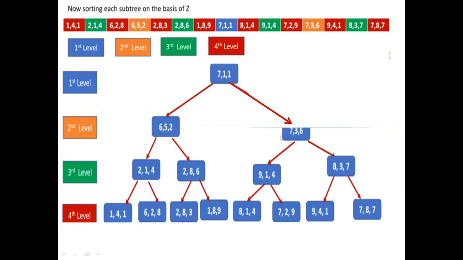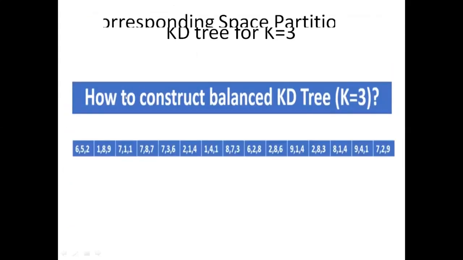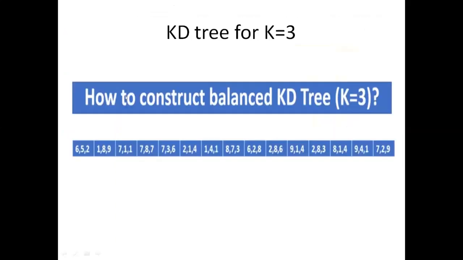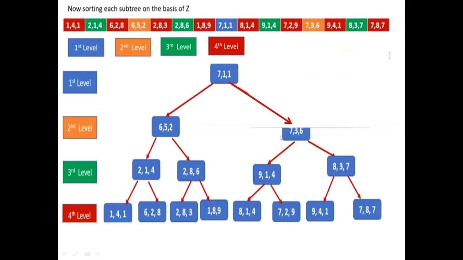Okay, so after partitioning repeatedly using x, y and z, finally this tree gets constructed. As I told you in the previous example, this is how you will be showing the final tree. The only change you have to do is for the internal nodes: you will show the cut direction and you will write the values outside the node. The remaining procedure is the same. Okay.